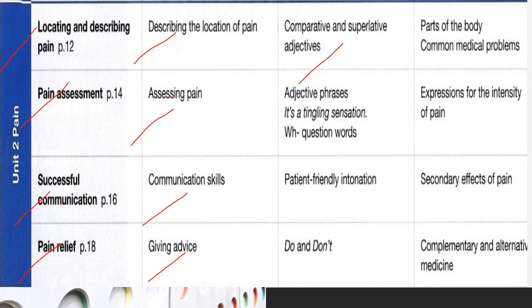Also, we are going to revise or learn more about the usage of some adjective phrases like it's a tingling sensation, how to use some words together in order to give the right meaning or the right message. Also, we are going to revise some WH question words like what, where, when, and how